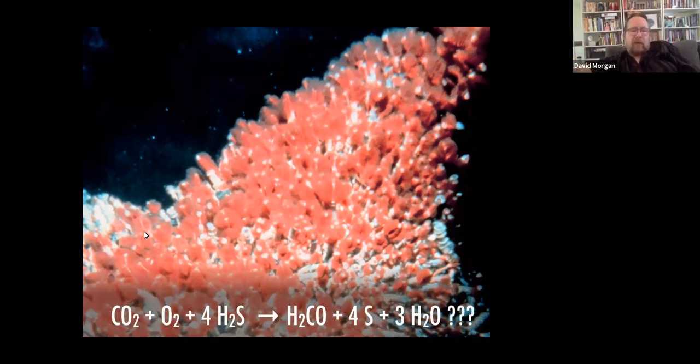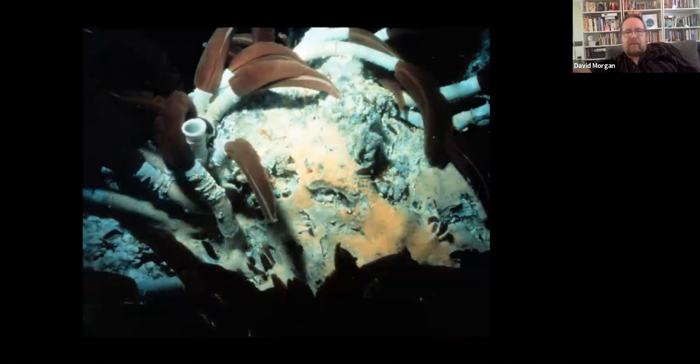A typical chemical reaction has carbon dioxide and hydrogen sulfide combining together to release sulfur compounds in water. So completely different chemical process than happens in photosynthesis. Here again, another picture of these tube worms that live in these kind of calcite shells. And this yellow color is from the sulfur. That's the waste product of this chemical reaction that is, for them, the version of what we on the surface